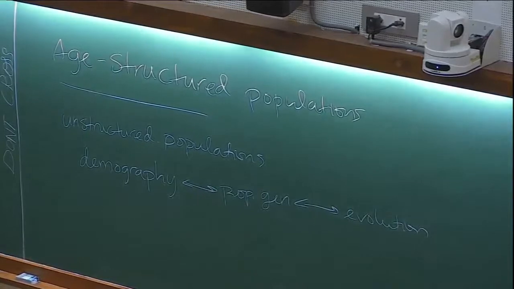And what I mean by that is just initially, I'm going to pretend that all the individuals in the population are the same. They're all the same. And we're just going to follow the numbers of the individuals, the demography. And then we're going to make a link between the demography, population genetics, and sort of thinking about evolution. So some of what I'm going to say is going to repeat some of the things that you've already heard, but hopefully will still be helpful.